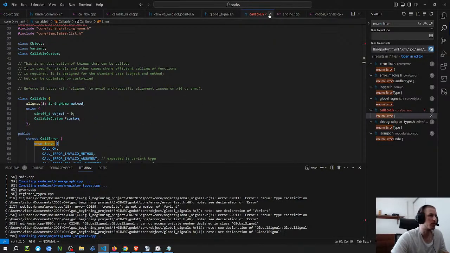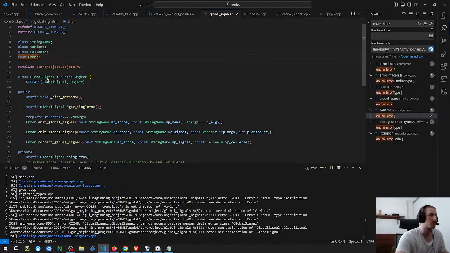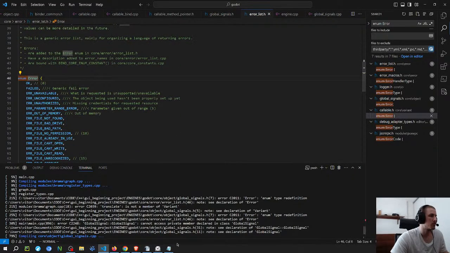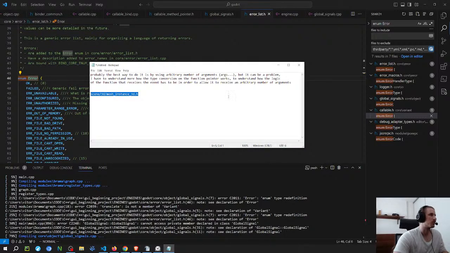So what I was going to see is, I'm just going to search for this file, just see where they include this. Maybe just search in the engine. It's mainly the object, because I'm copying the functions from the object class.